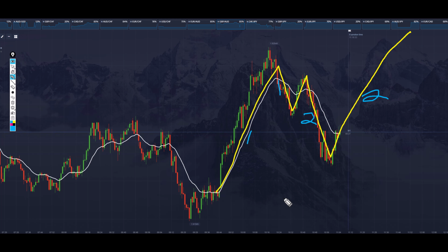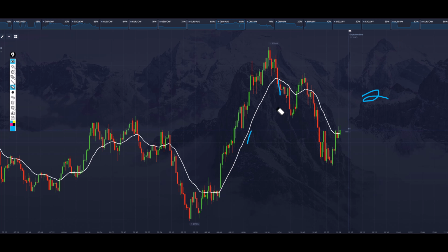The market moves in twos. Okay, people, the market cycle is a real thing. Once you believe it, see it, and start to use it to your advantage, trading becomes so much easier. So again, just as a quick recap for your entries, try to take a second entry long,